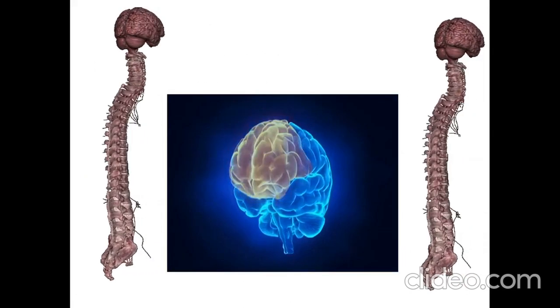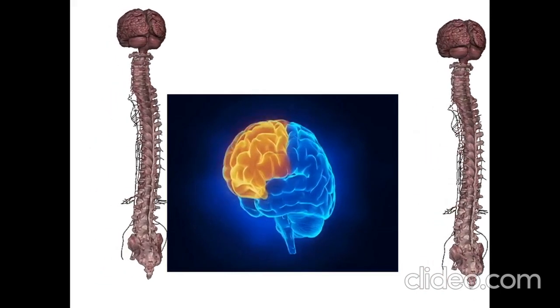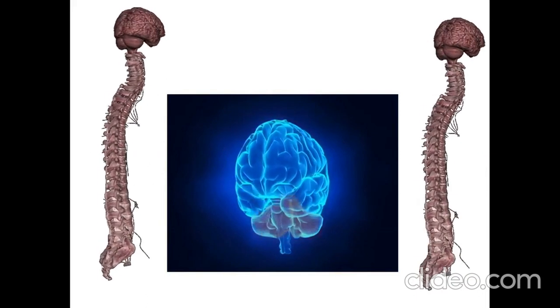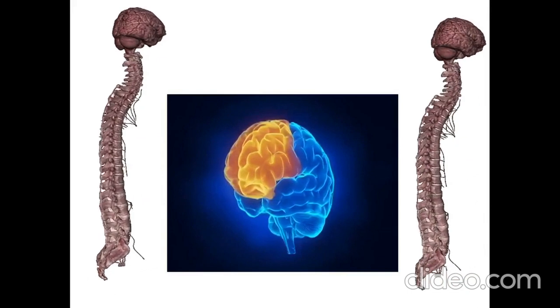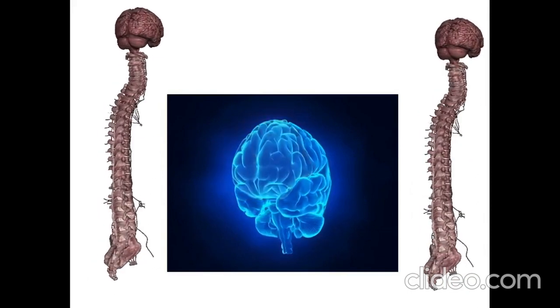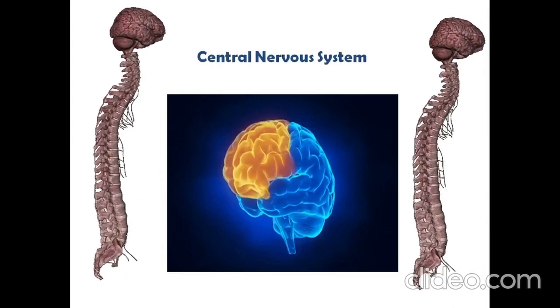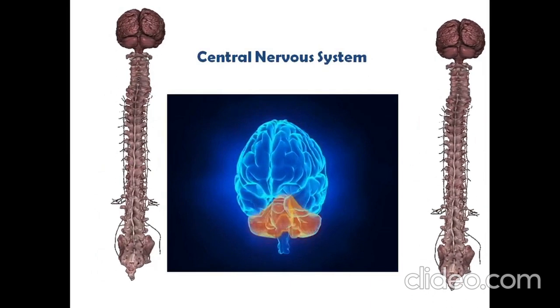In the first part, we studied the nervous system, classification of the nervous system, what is meant by nerve impulses, what is meant by the action potential, receptor, neurotransmitter and electrophysiology. Now in the second part, we will study the central nervous system. The central nervous system includes the brain and the spinal cord.